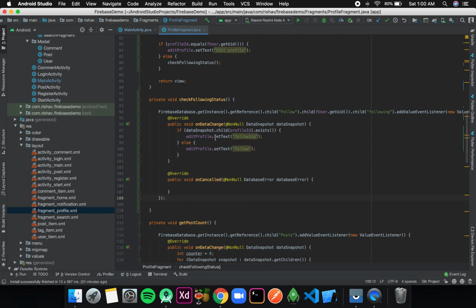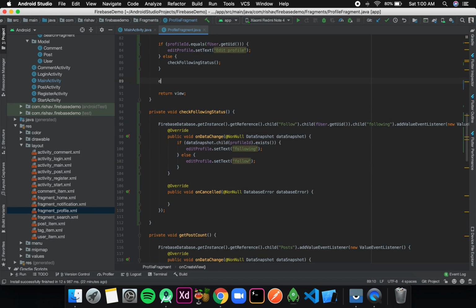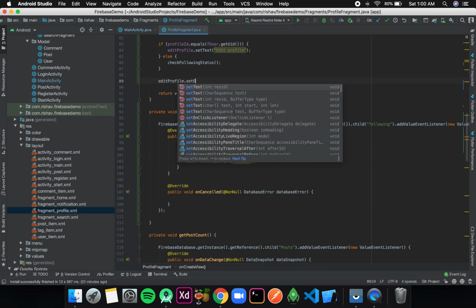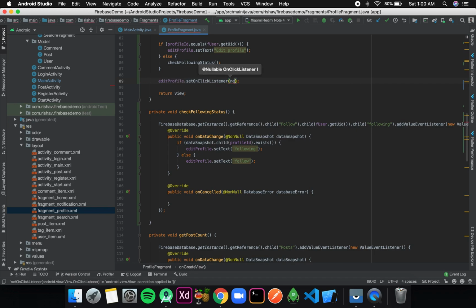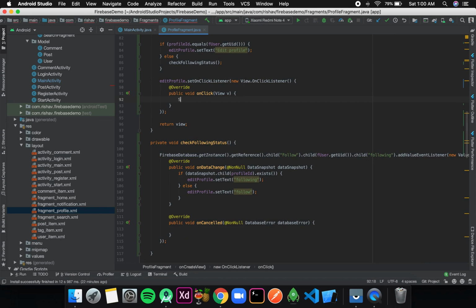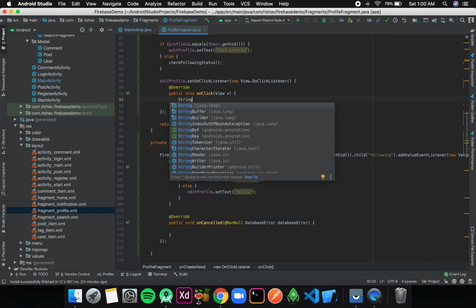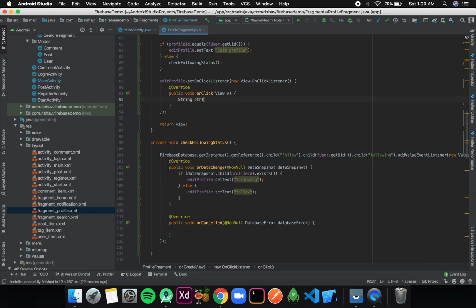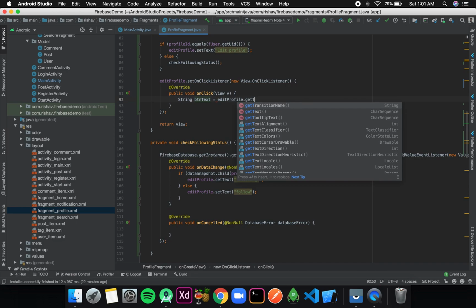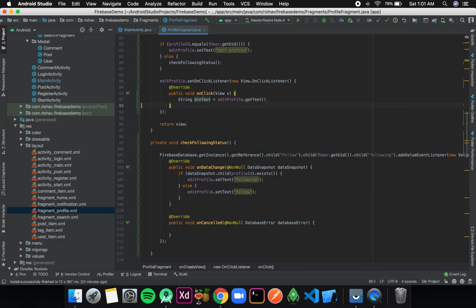Now the next thing is to add functionality to this edit profile button. Okay, so for that I'll write editProfile.setOnClickListener, new OnClickListener, and inside this I'll extract the text from that button. So I'll write String buttonText is equal to editProfile.getText().toString().